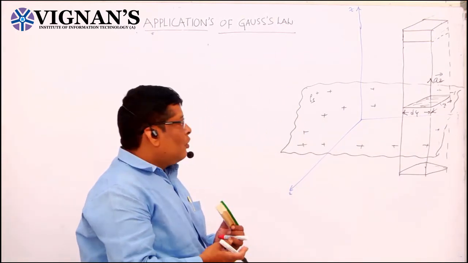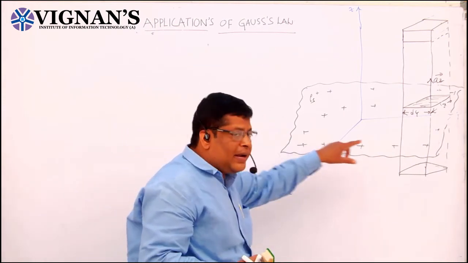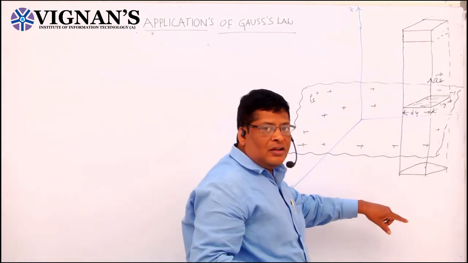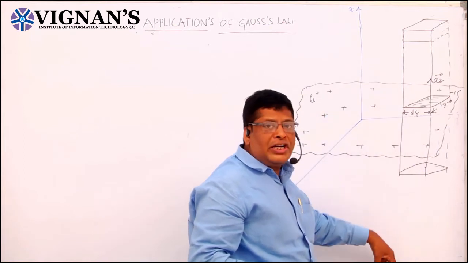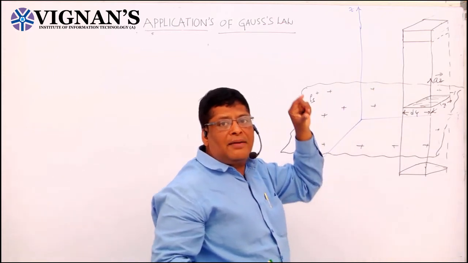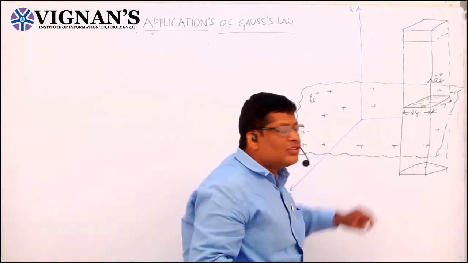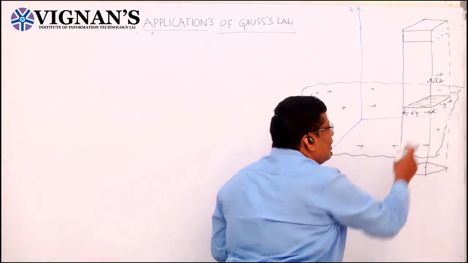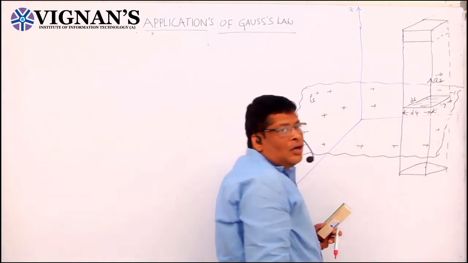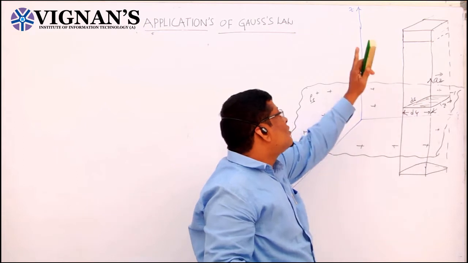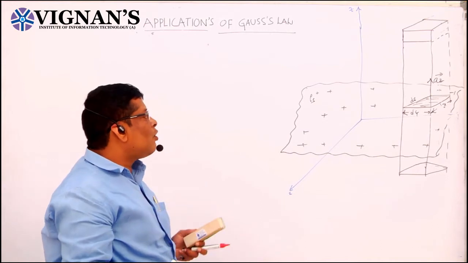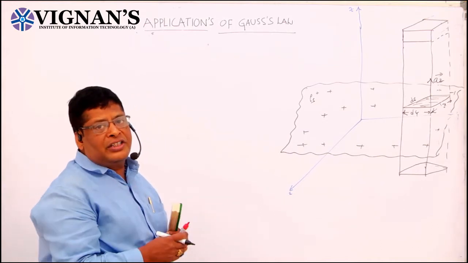We have taken the infinite charge sheet on the xy plane. Next we have taken the Gaussian surface, which passes through the charged sheet. The same length of Gaussian surface on top of the sheet should be there below the sheet. This is the differential surface area, ds. The direction of the differential surface is in the direction of the z-axis. To solve this problem, we are considering only the Cartesian coordinate system.